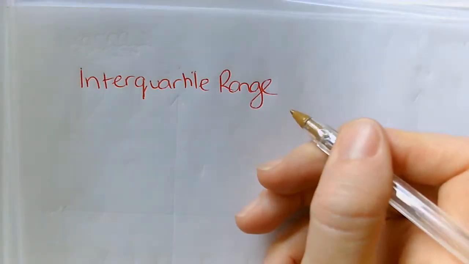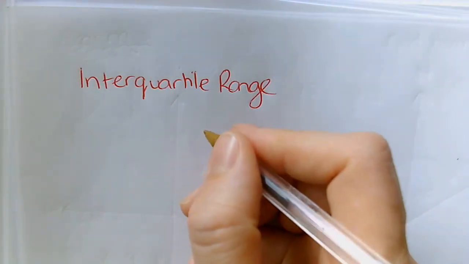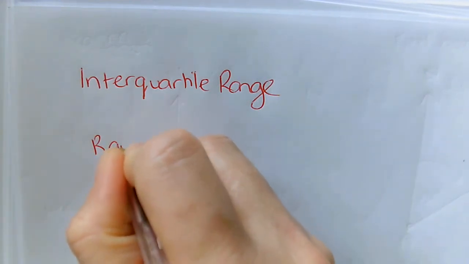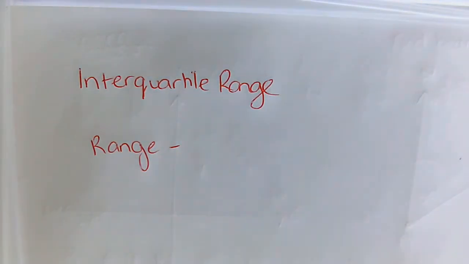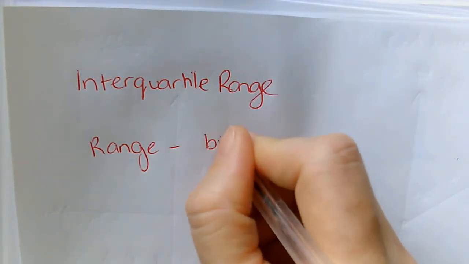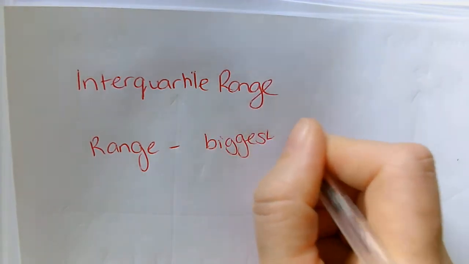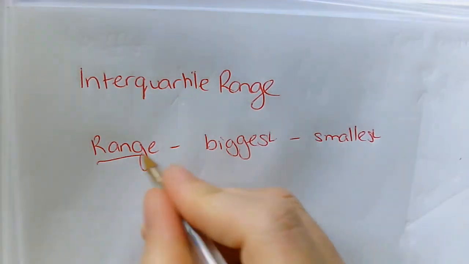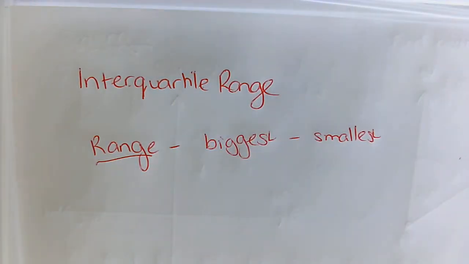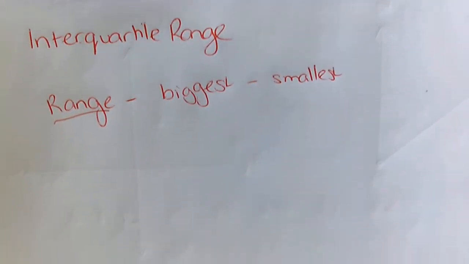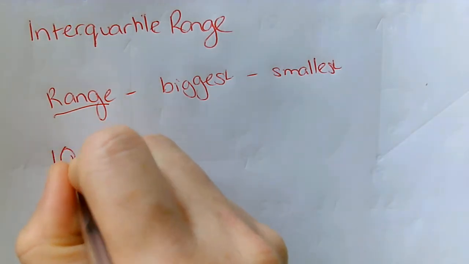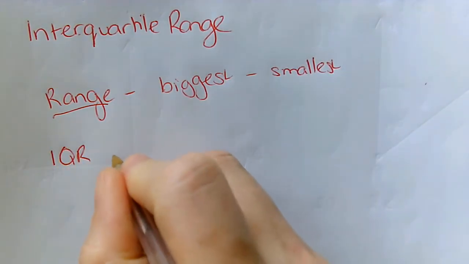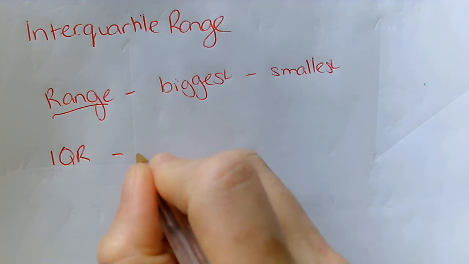Okay, today we're going to look at something called the interquartile range. So I'll just take you back to remind you what range means. Range is normally the distance between the biggest and the smallest piece of data. So that's what range is, but we're doing something slightly different for the interquartile range. The interquartile range is often shortened to IQR, and it is the difference